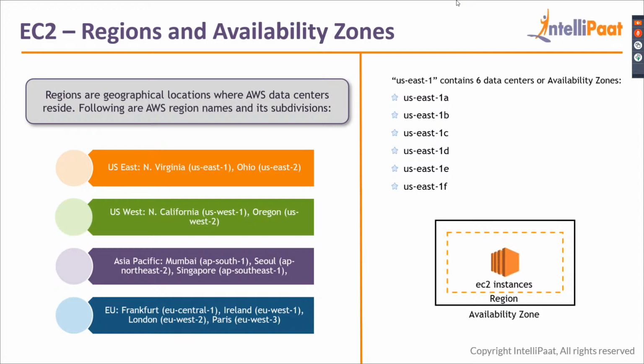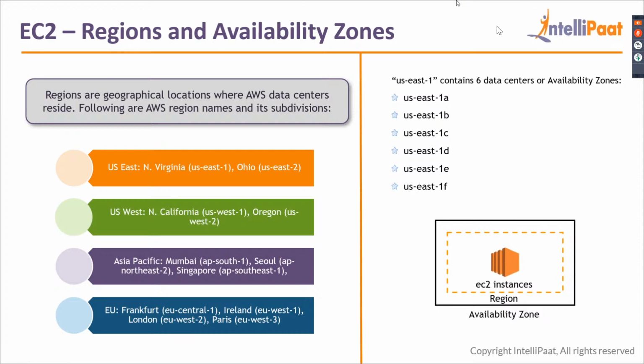In US West, again, there are 2 different data centers. Like that, there will be multiple data centers across the same region, and that will increase the availability as well. You can see here that it contains 6 data centers, or availability zones. For example, in just North Virginia, there are 6 different divisions of data centers. You can host your application in one availability zone, or in 2, or in all of the availability zones as well.